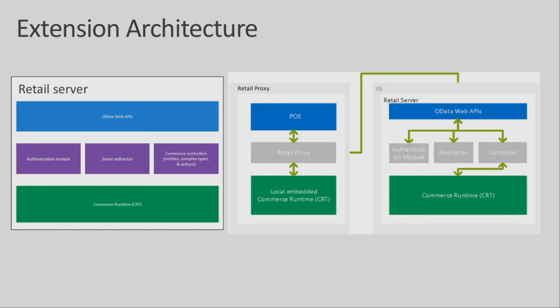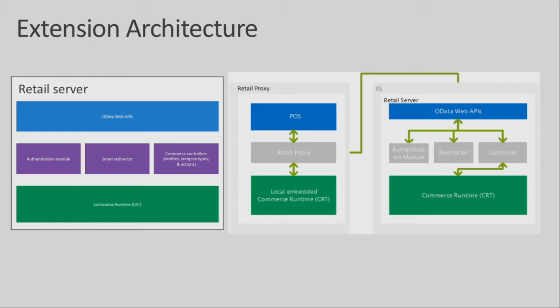In case of offline, when it doesn't have connectivity, the retail proxy will talk locally to the locally deployed CRT. So the retail proxy is the one which decides whether it should connect to the online retail server or to the commerce runtime. And from the customization point, if you are doing any customization, you need to tell the proxy, hey, there are some offline changes deployed or some online changes deployed. So you will use the retail proxy generator exe to automatically generate the proxy for you. Because without the proxy, MPOS doesn't know where to connect. So this proxy is the one which tells you how to generate it.